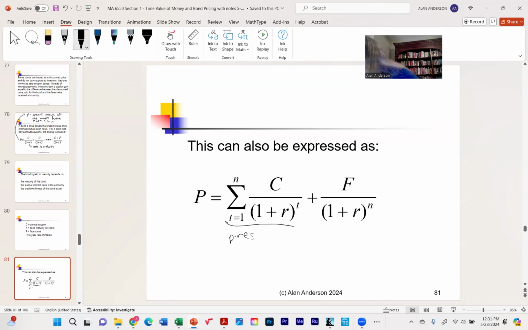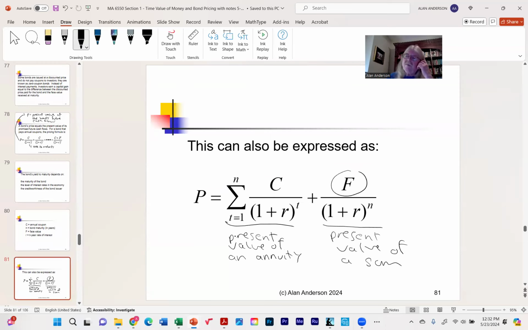Present value of an annuity. And here's the present value of a sum, which happens to be the face value. So this way, no matter how many periods are in the lifetime of this bond, you really only need to do two calculations. Now, also, if you notice here, since R is in the denominator, as R rises, P has